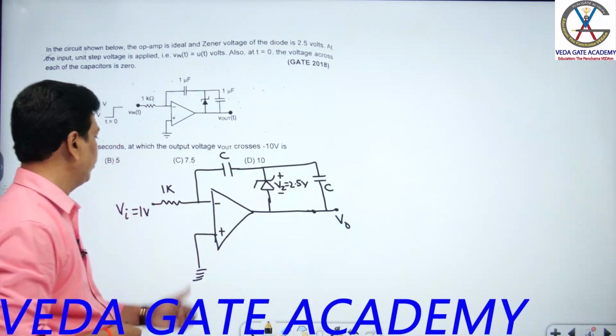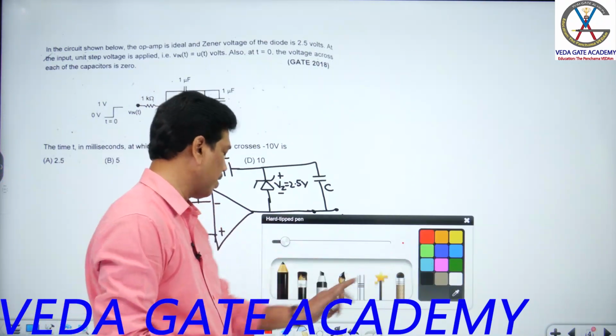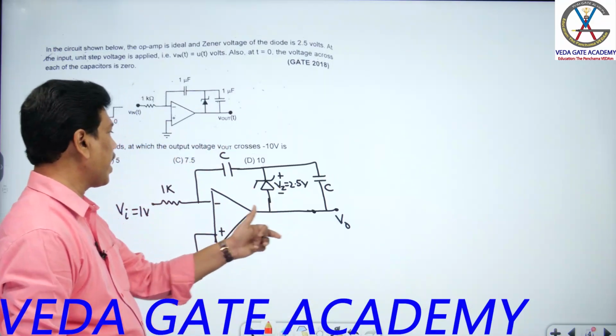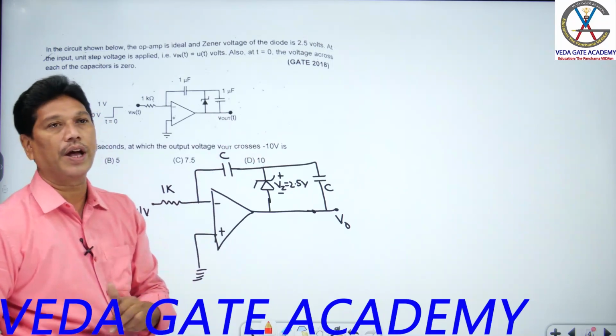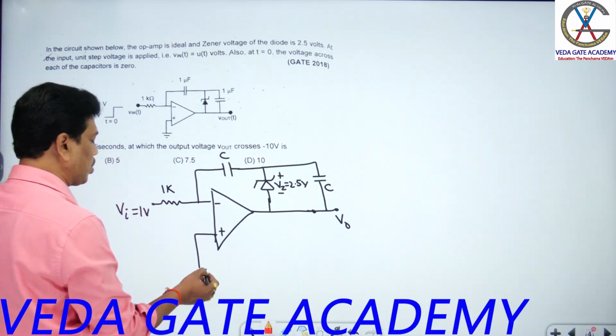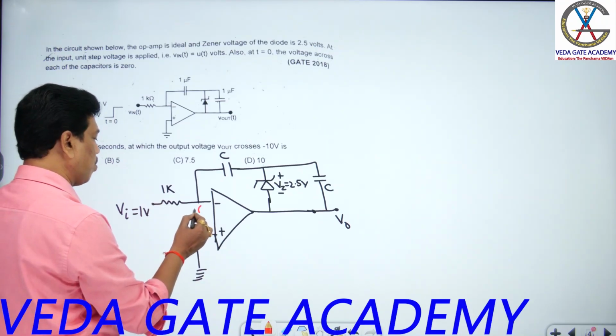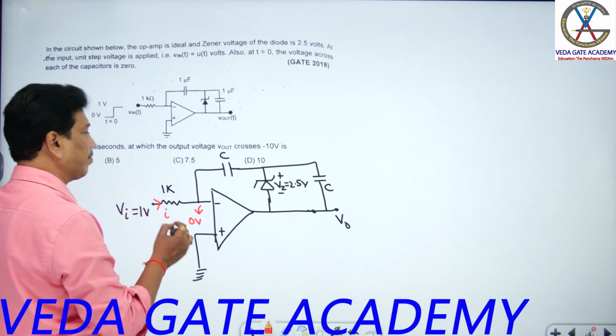This is that one. So now I can go for that, students. What is that condition of it? You are asking at what time the voltage crosses minus 10 volt, he is asking, sir, minus 10 volt you can call. Now let us see this one, sir. Using virtual ground, here this must be 0 volt. Okay. I assume that here the current is I.